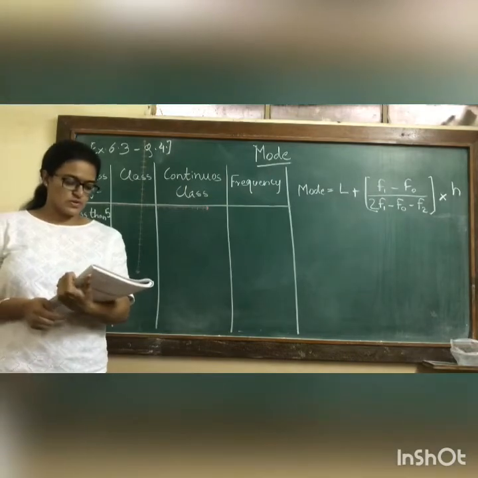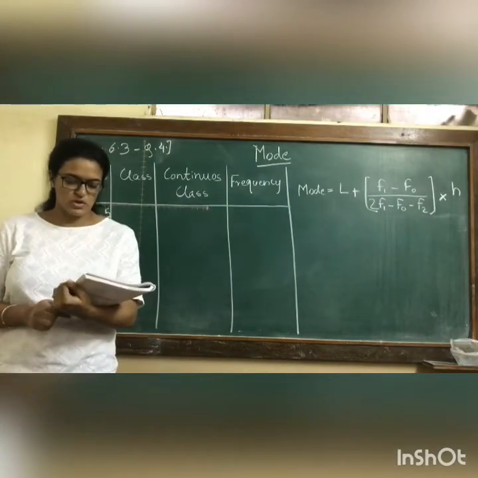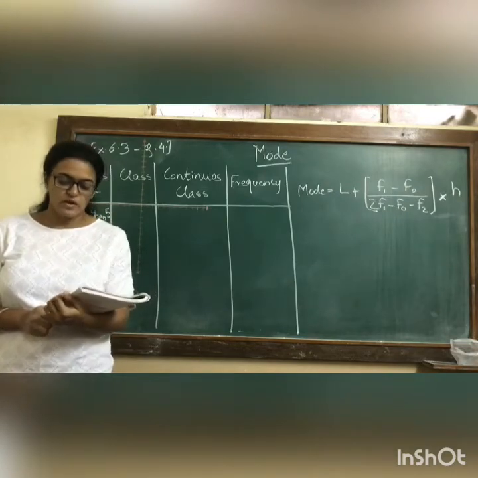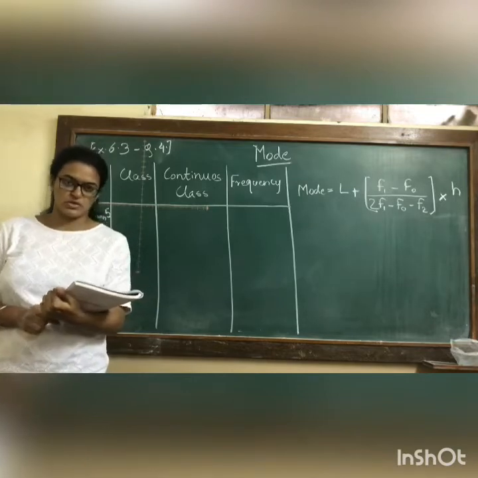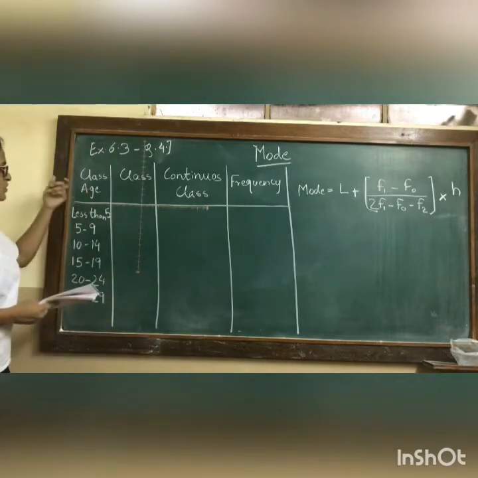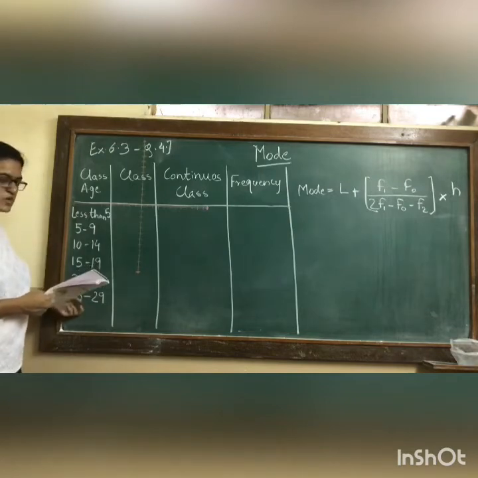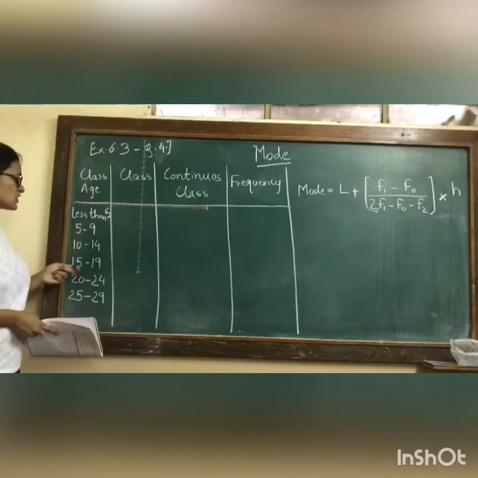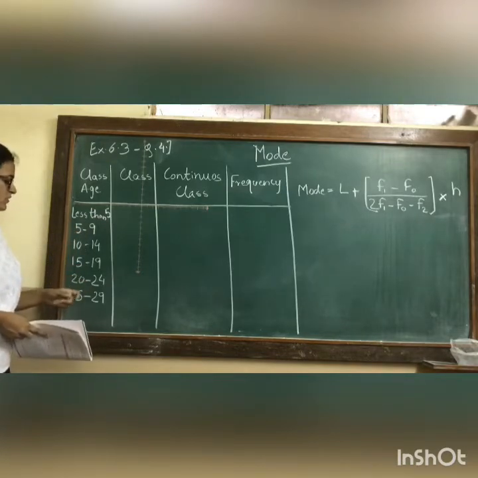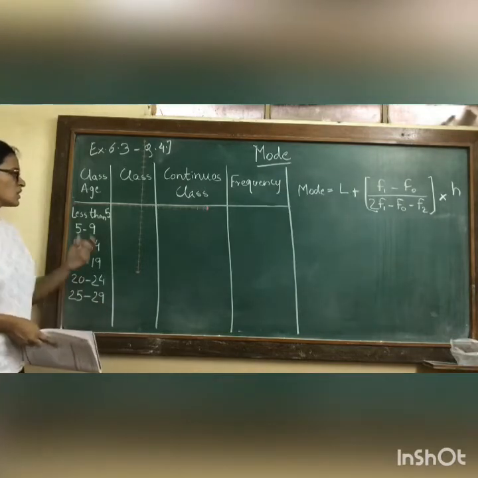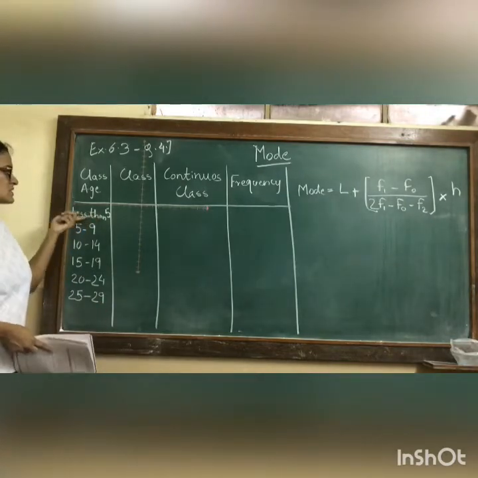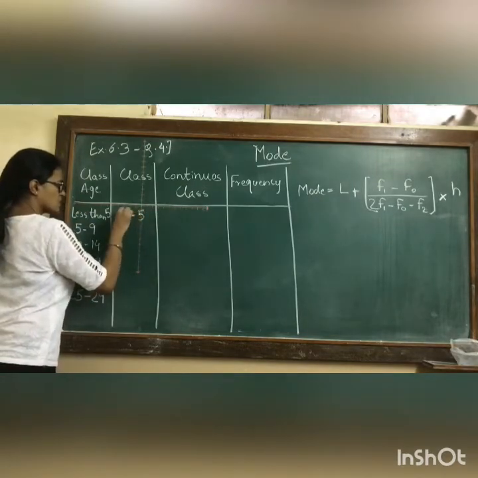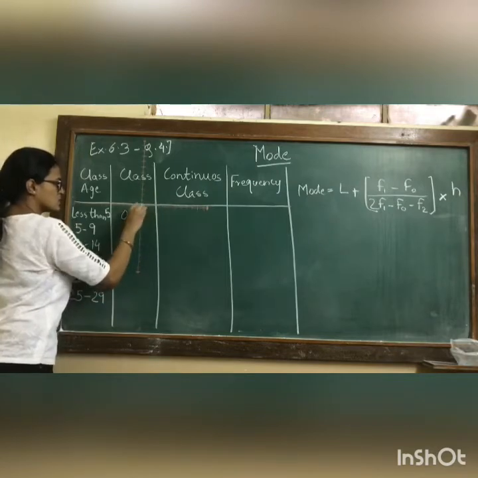Let's read the fourth question. The following frequency distribution table gives us ages of 200 patients treated in a hospital in a week. Find the mode of the ages of the patients. Now the first column of age, I have written it down as it is from the question. It says less than 5, 5 to 9, 10 to 14, 15 to 19, 20 to 24 and 25 to 29. Now we cannot have the class as less than 5. Therefore, first of all we make the classes here less than 5, so it is going to be 0 to 4.